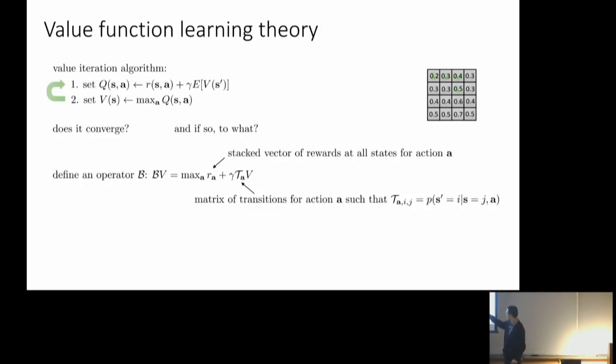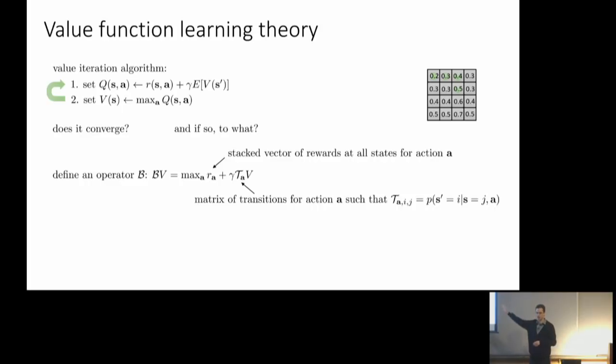If you construct the matrix T_a, which is a matrix now because we chose a single action, then you can multiply the value function by that matrix, and you'll get the backup of that value function for that action. We'll do that for every action and add the vector of rewards for that action. We'll stack all those things into a matrix, so that we have one column for every possible action we could take, and then we'll take an element-wise max. For every row in that matrix, we'll do a max over the columns. And that'll give us the backup. So this backup operator, B times V, is just defined as this operation.